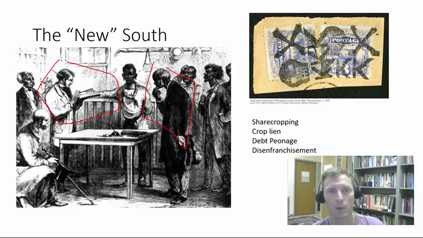And then politically what happens is a system of what's called disenfranchisement. That's where Southerners create laws that make it so that you can't vote. They don't say anything about race, color, or previous condition of servitude, but there might be something like a poll tax, where you need to pay to vote. Or there might be a literacy test, so if you can't read or write, you won't get to vote. Or there might be other educational requirements, and basically these are ways of limiting African American voting.